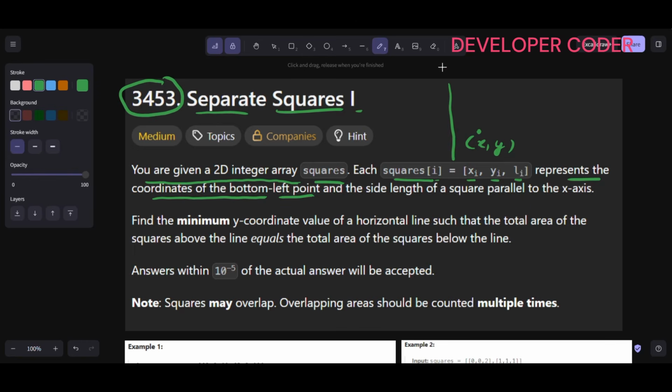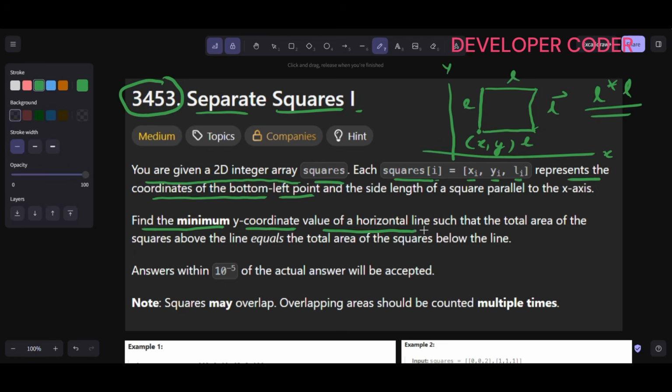So this is my y line and this is my x line. L is the side length of the square, parallel to the x-axis, like this. So it's a square, right? The same length will be here, here, and here. And the square's area is nothing but L times L. Clear this part? We have to find the minimum y coordinate value of a horizontal line